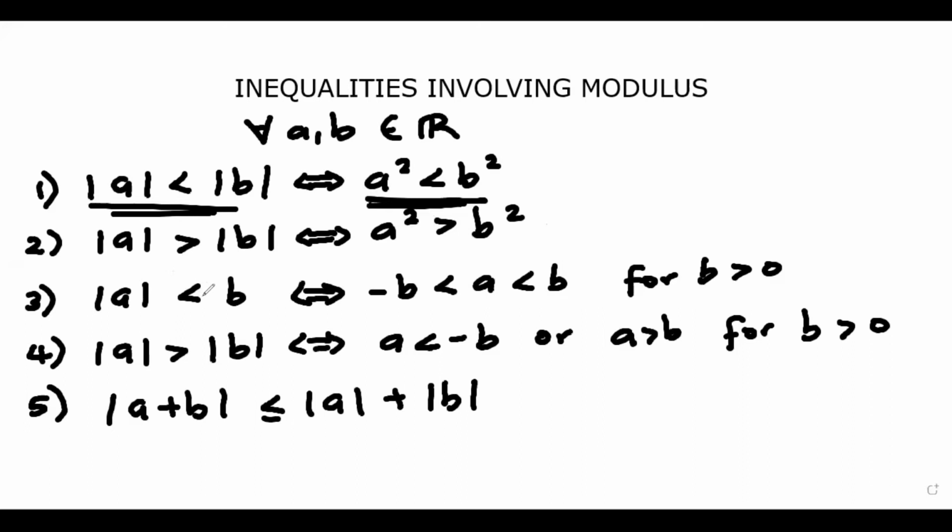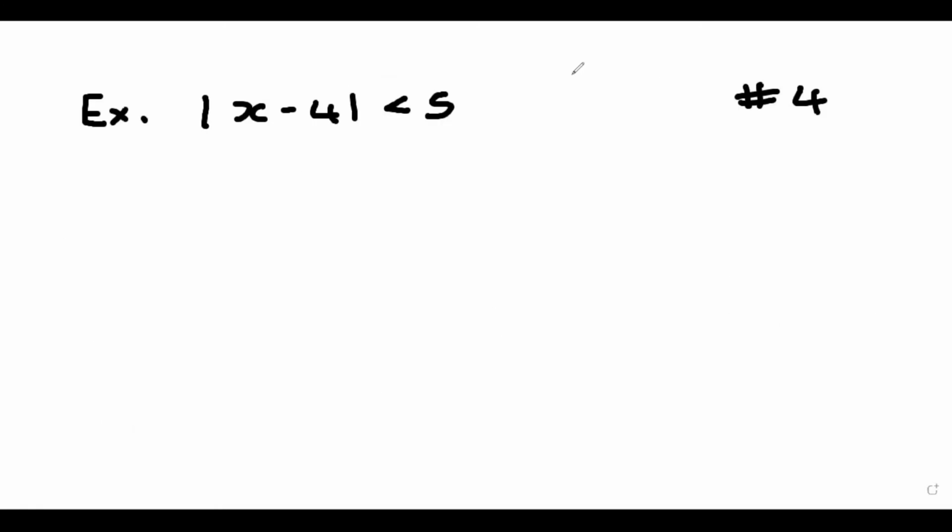The modulus of a is less than b, implies that -b is less than a, which is less than positive b, for b greater than 0. The modulus of a is greater than b, implies a is less than -b, or a is greater than b, for b greater than 0. And the modulus of a + b is less than or equal to the modulus of a itself plus the modulus of b itself. So these are some very important properties to note and to keep in mind for when you're doing the questions. So for this question here, we can use property 4, which says that the modulus of